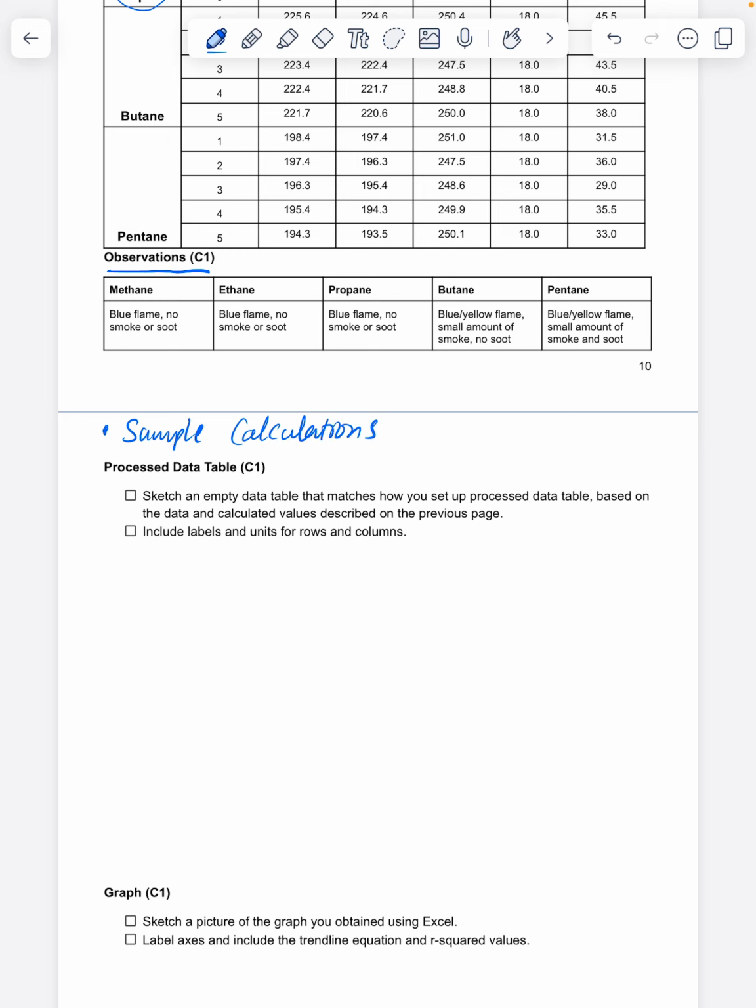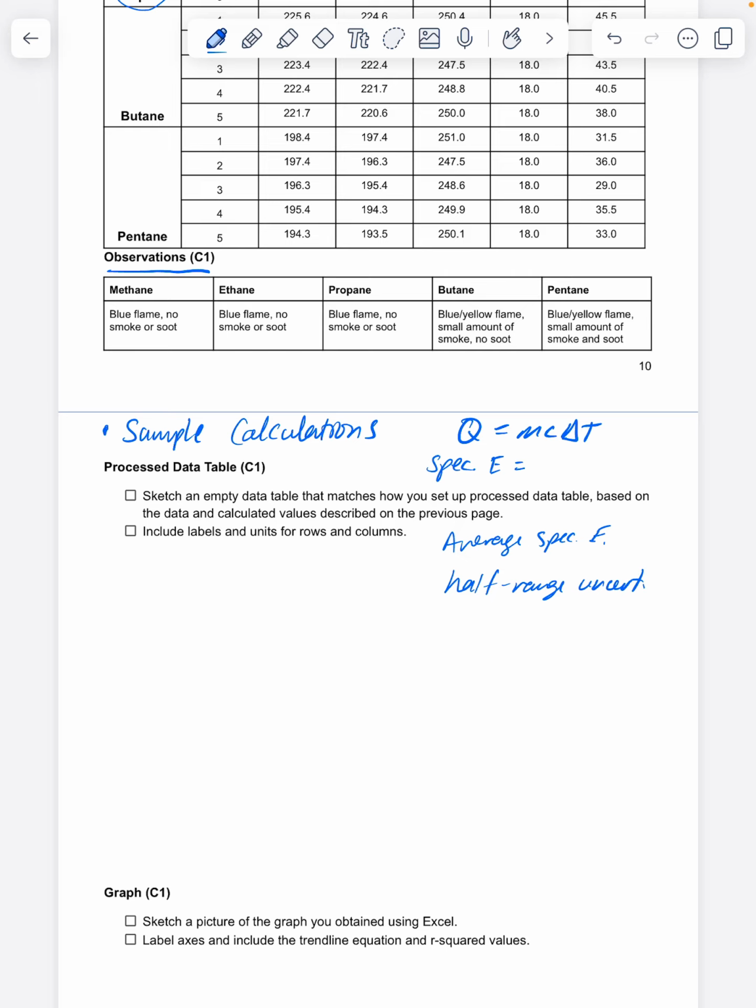One sample calculation per type of calculation. So one calculation with Q equals MC delta T, one calculation of specific energy, one calculation of average specific energy, one calculation of half range